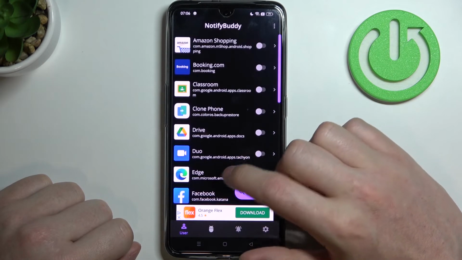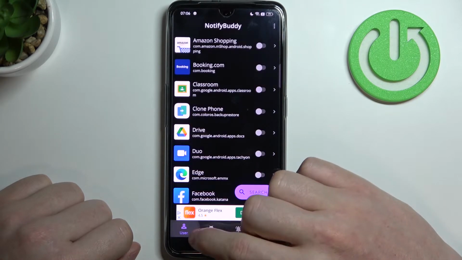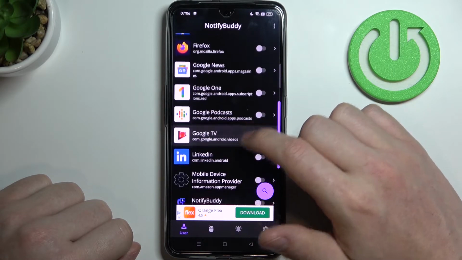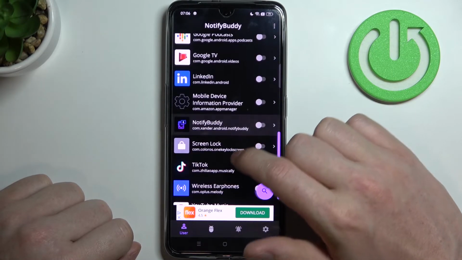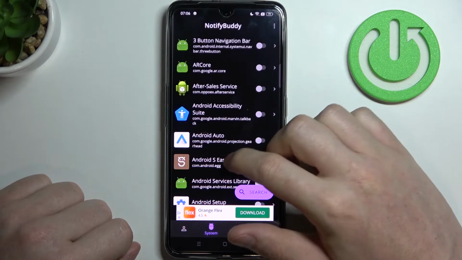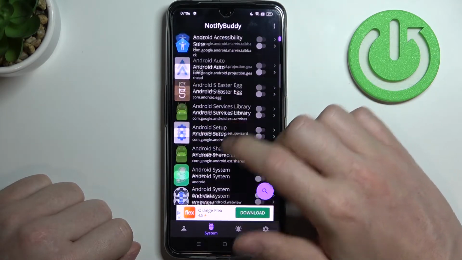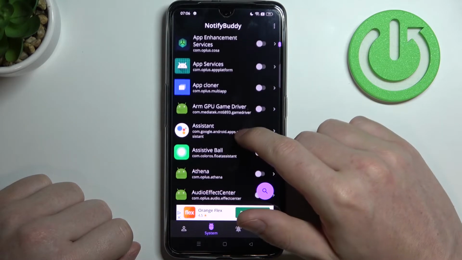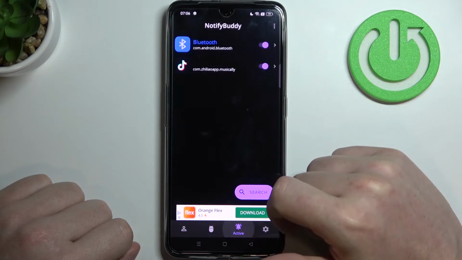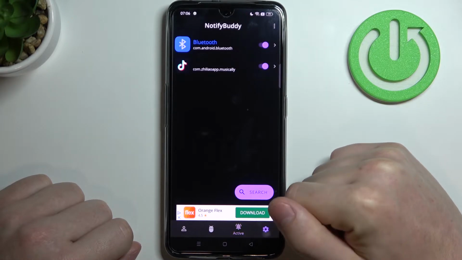So now choose each of the tabs, and the first one is the user, and here you can pick the apps you want to get custom LED lamp notifications for. So let's pick TikTok for this example. In the system you can find all system apps that are bound to the Android, and so here let's add, for example, Bluetooth. In active you'll find all apps that you just activated, and in the settings you'll be able